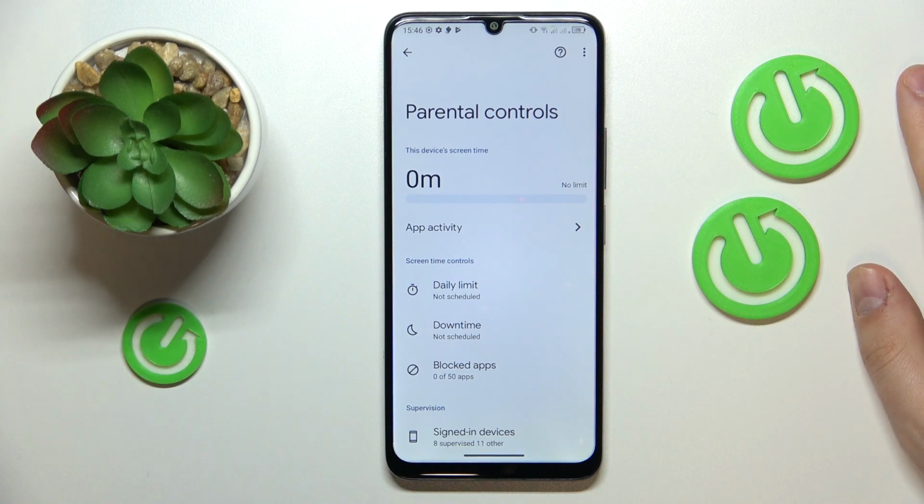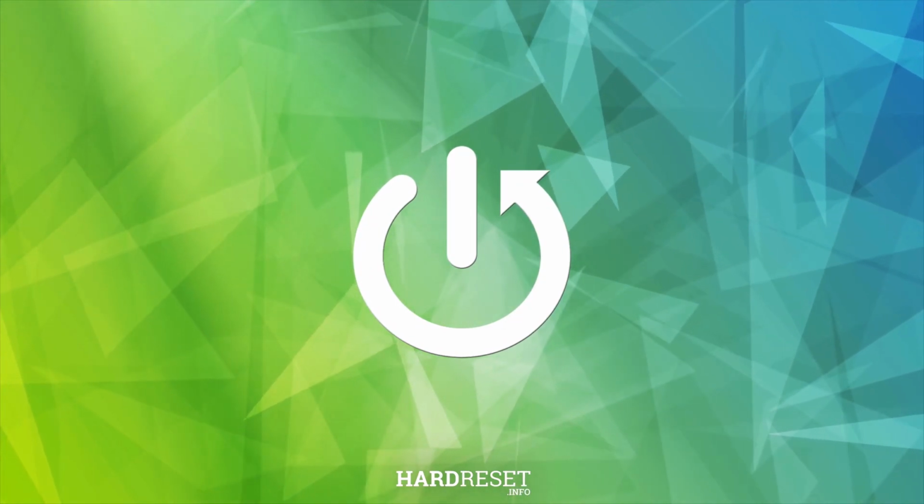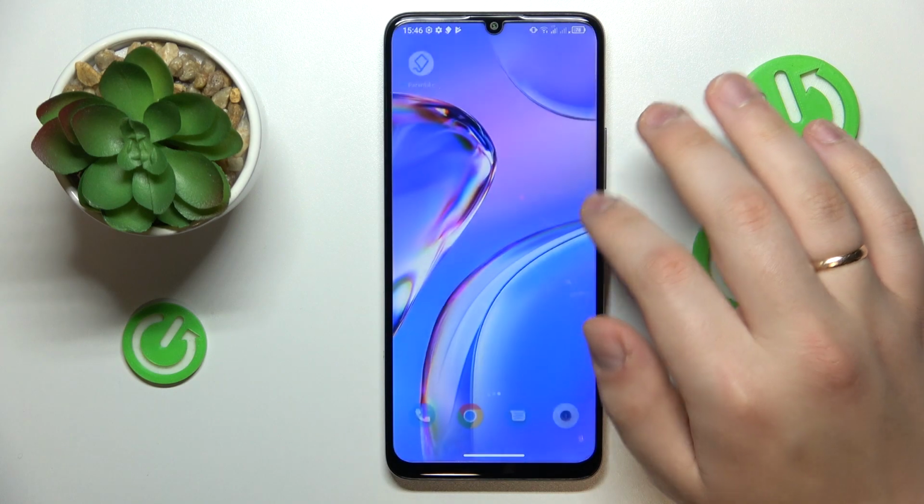This is TCL 40SE, and today I would like to show how you can bypass parental controls on this device. So firstly, you will need to launch the Settings app,